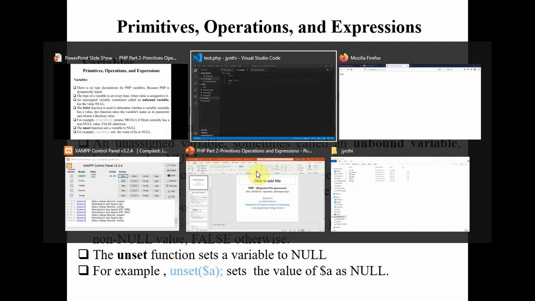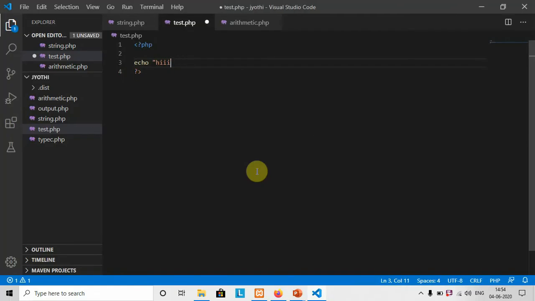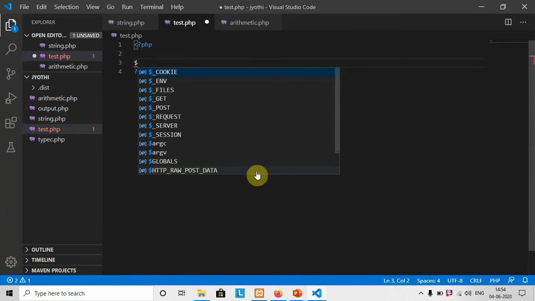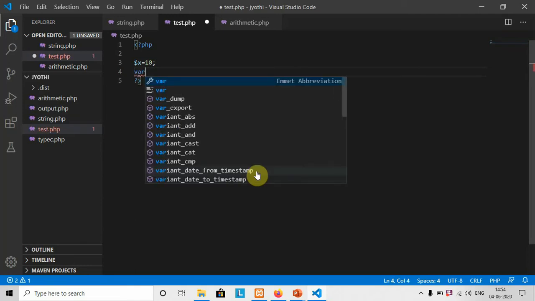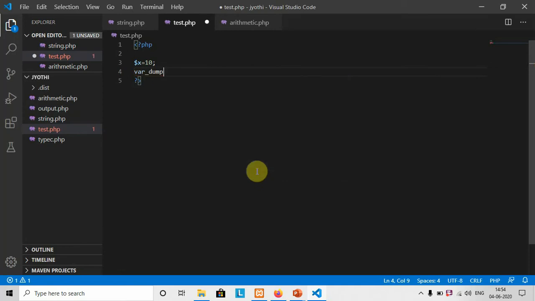You can see that I have a very simple code here. Here I am going to create a particular variable. Now I can use a variable $x and give the value as 10. Now I need to display the type of that variable. To display the type, I have a function known as var_dump.